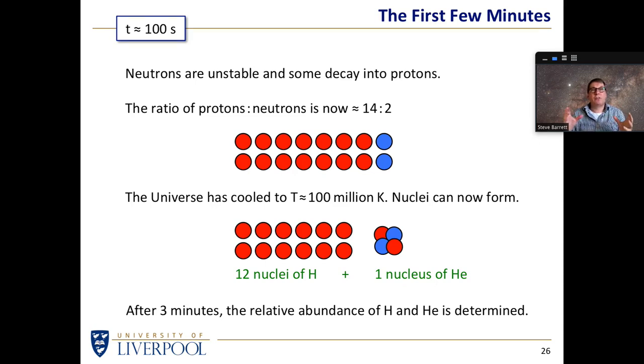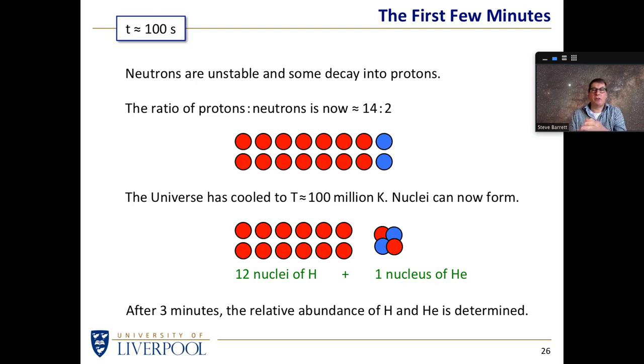After 3 minutes, the universe is not hot enough to change that ratio. After 3 minutes, the relative abundance of hydrogen and helium in the universe has been set. It is now frozen, as it were, at that particular value. If you wait long enough, some stars will start changing hydrogen into helium, but that's a long time in the future. As of this point, and as of the next few billion years, the amount of stuff in the universe ought to be 3/4 hydrogen and 1/4 helium.